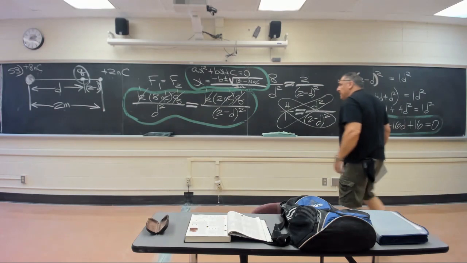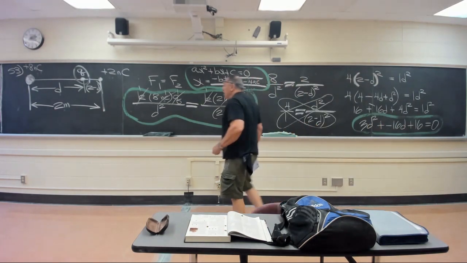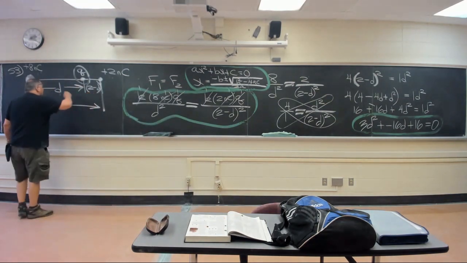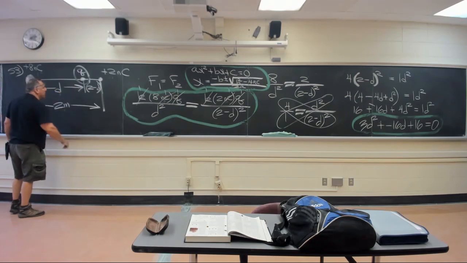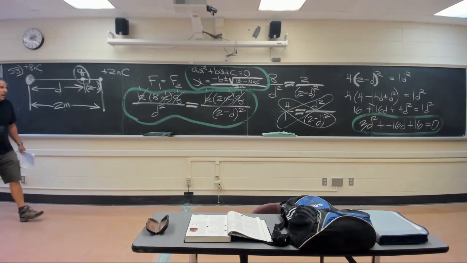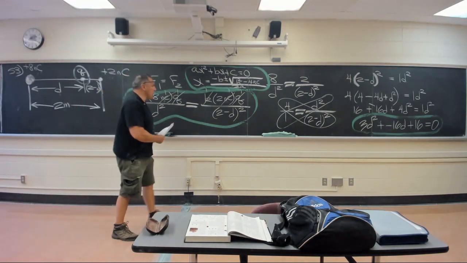Absolutely. I mean, that's absolutely the argument. Again, our gut feeling told us that we're going to be closer to this end. We're not. If we're going to call 1 meter right in the middle, D is going to be longer than 1 meter, and this right here is going to be shorter than 1 meter. As a consequence of all that, they've got to add up to 2. Looking at that,